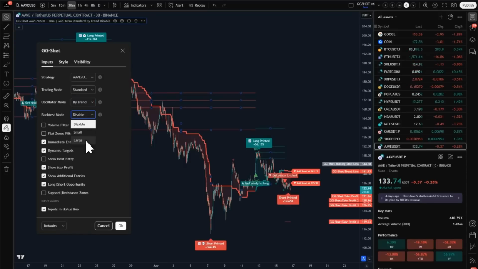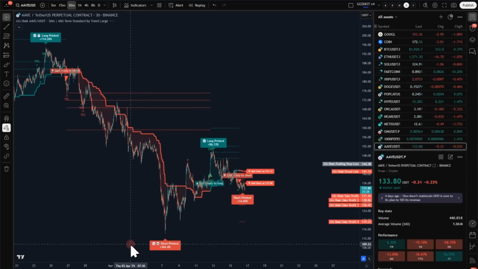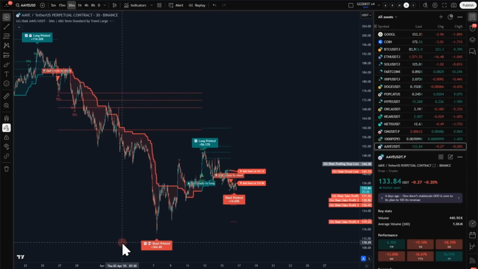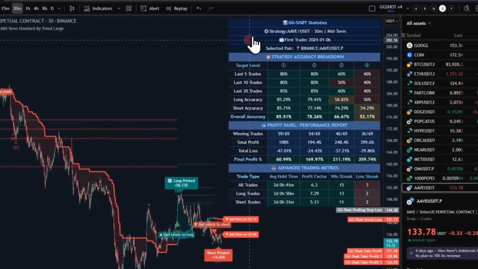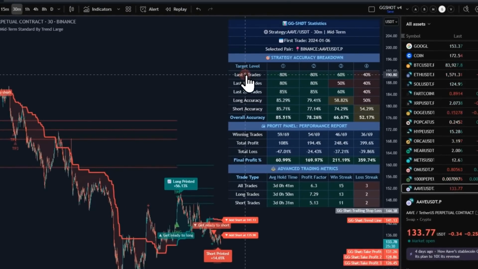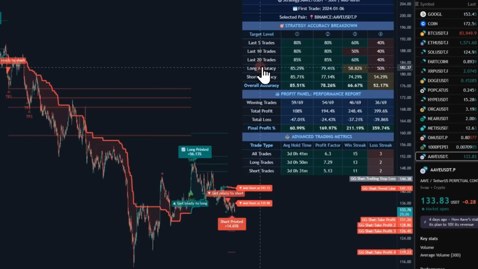Next, let's take a look at the backtest panel. You can choose between small and large modes depending on how much information you want displayed on the chart. Large mode provides a complete performance overview in real time. It includes accuracy breakdown over the last 5, 10, and 20 trades, separate stats for long and short setups, total